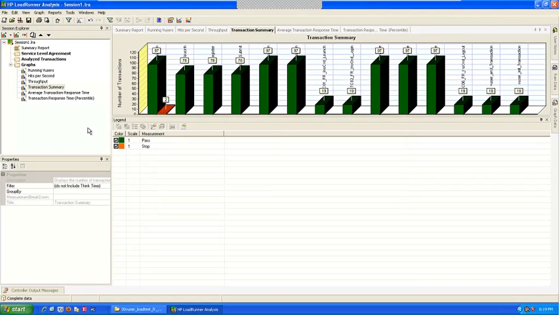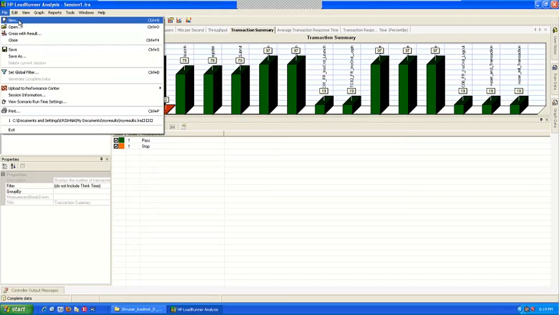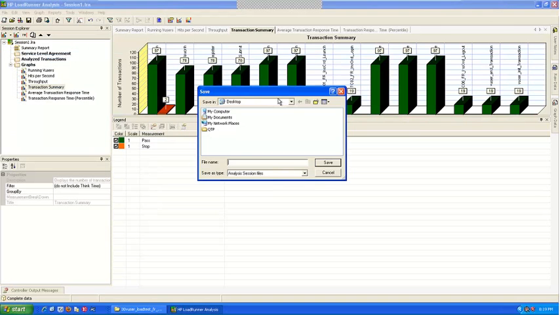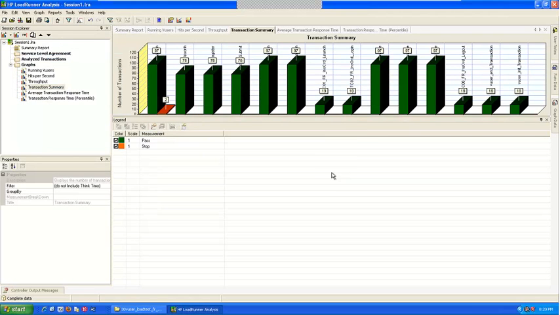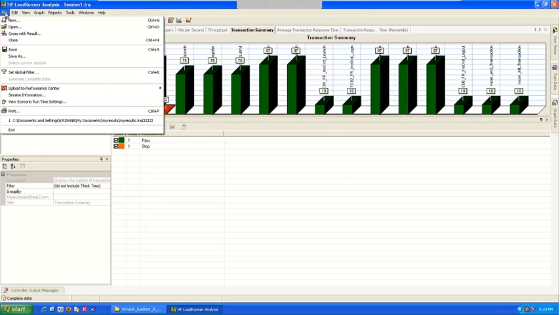Okay. Next what we are going to see here is, so we saw how to add, then we can go and save this file, save as. Now when I am going to save it, it will save as an analysis session file. So when you are opening this, it will open this file. It will not open the raw file. Otherwise, every time you have to create a new session. Okay. Now it is always advisable to create a template.